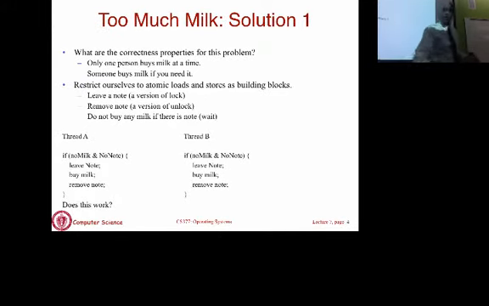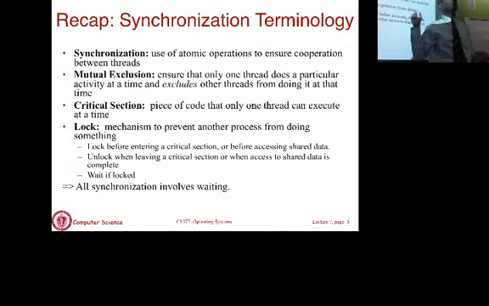Okay? Any questions about the terms here before I move forward and show you how to do it? You say that the lock is meant to prevent a process by processing threads. Okay, so that's a typo. It should be a thread. You can have locks at process level also, but in this course we are only going to look at threading and locking. So prevent another thread from doing something, not a process. We can also have process level locks, but that's not what we are studying here. Okay, any other questions here?